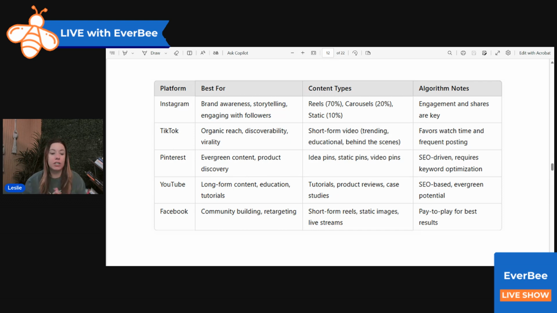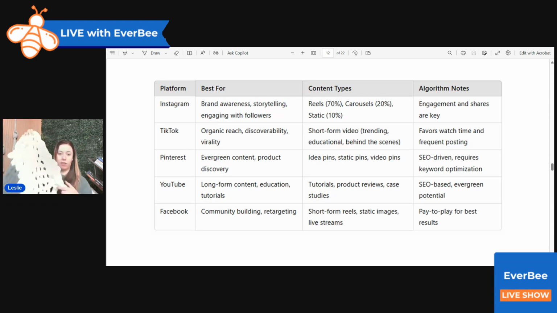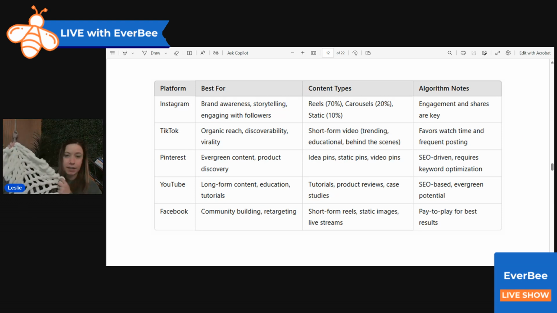So for example, let's just say that you are teaching people how to crochet. I'm really into crocheting right now, even though I can't figure it out to save my life, but I like how other people are doing it. Like, I made this chunky knit blanket the other day. As you can see, it is an epic fail, but nonetheless, I tried. So I'm really, really into understanding it right now. And I'm into watching the videos of people teaching me how to make a chunky knit blanket and miserably failing